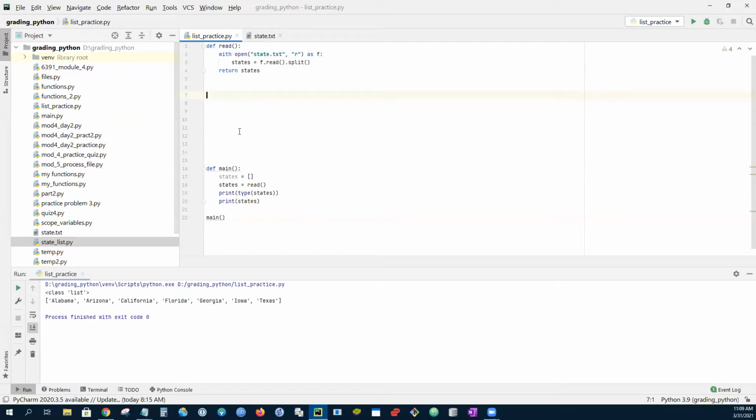Okay. Now we need to print. Well, I don't think we need to print yet, but we need to ask the person, hey, do you want to add a state? Right. So let's go ahead and do that. So we'll get rid of this. We know that works. So we can come down here and we could say get input, and we'll just say,